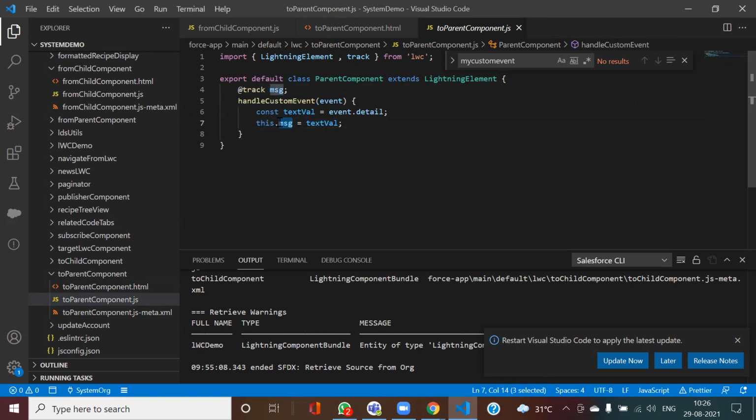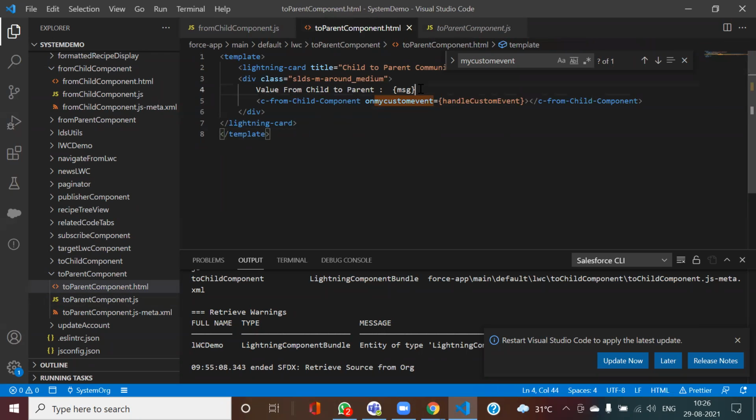It should set the value which I got from my child component event, and display it on the UI. That's why I have this value from child to parent. Mainly this is telling that whenever a so-and-so event is fired from the child, it should call this method on my parent component.